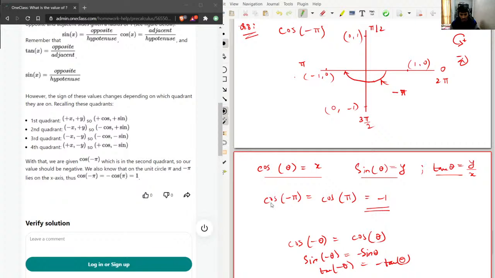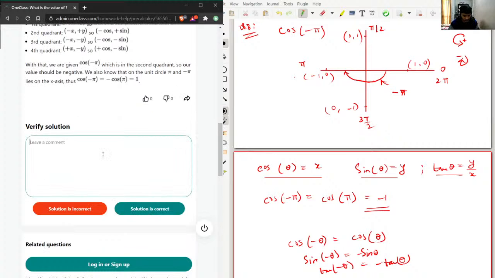So cosine of negative pi will be equal to cosine of pi, which will be equal to negative of 1. I don't think that the answer given here is correct. They have messed up with this property. It is not going to be plus 1, it will be minus 1 only. It doesn't matter whether you come from clockwise or anti-clockwise, because pi and minus pi lie on the same point, and therefore the value will be minus 1. So I'll just write